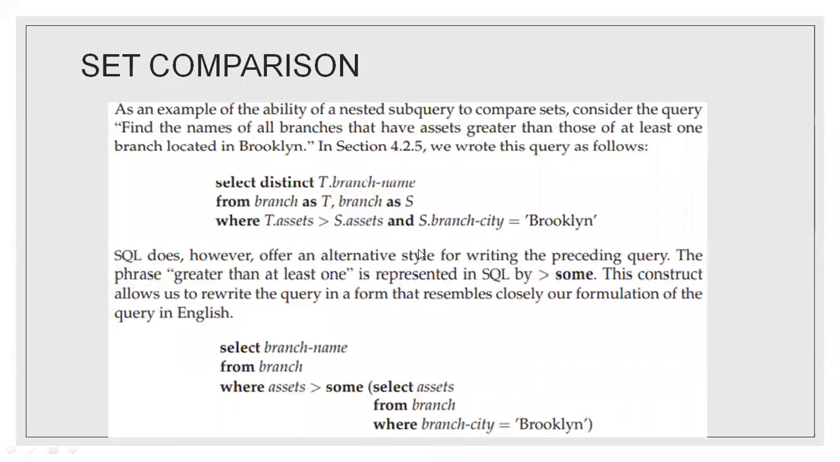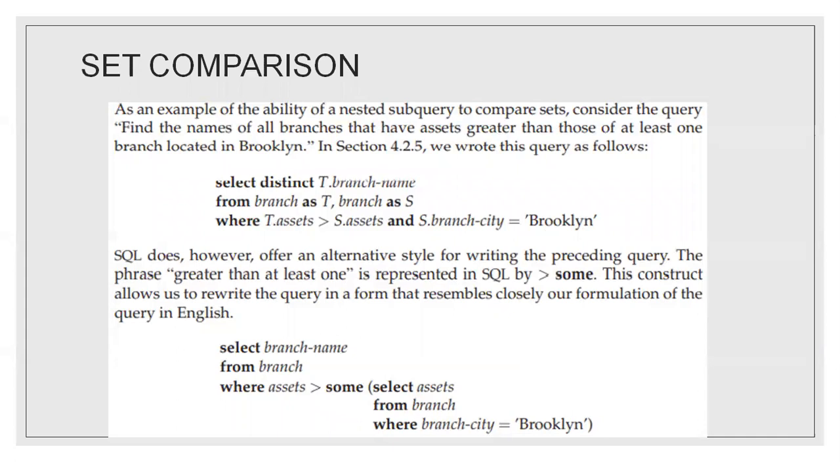Next is set comparison. Now, this is an example of the ability of the nested subquery to compare different sets. You can see the example here. Find the names of all the branches that have assets greater than those of at least one branch located in Brooklyn. So the query can be written as